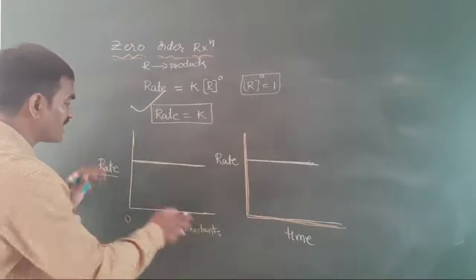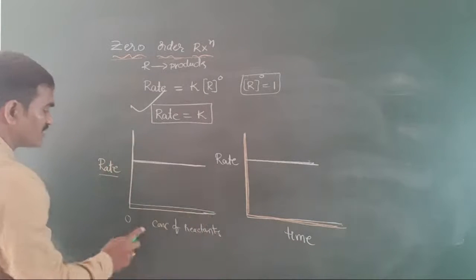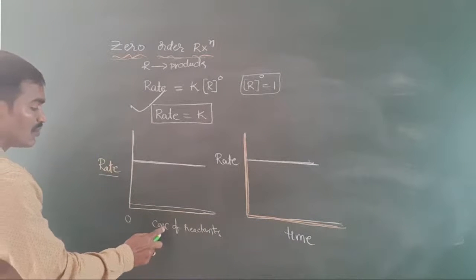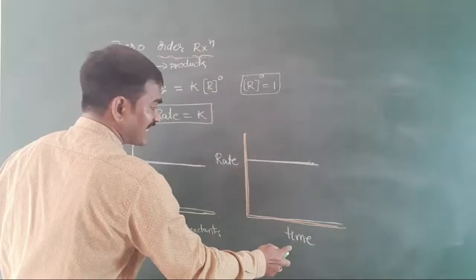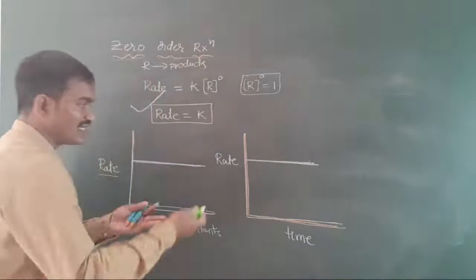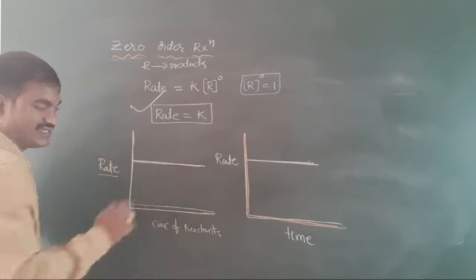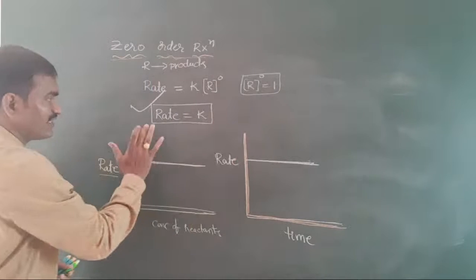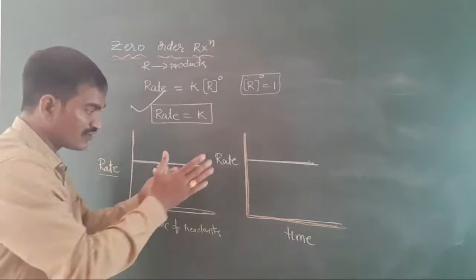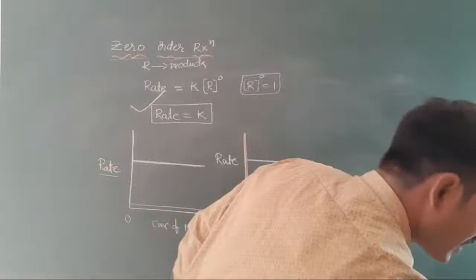So clearly you can take. The rate is constant. The graph with respect to concentration of reactants, rate and time: here the rate is constant, so we get it like this. Have you got it? So this is the first. You can take it like this. Is it clear? Any doubt in this one? Note it down. Next, after this,